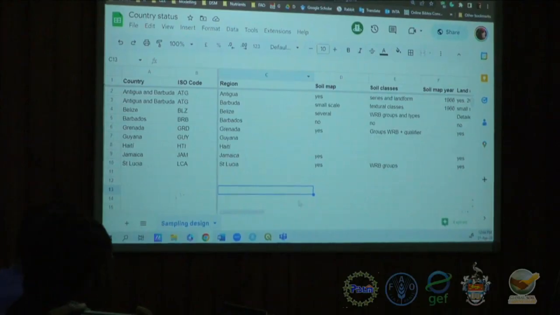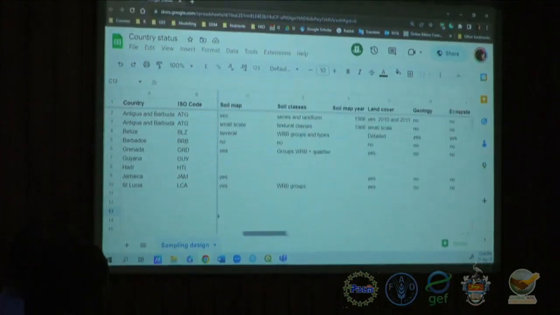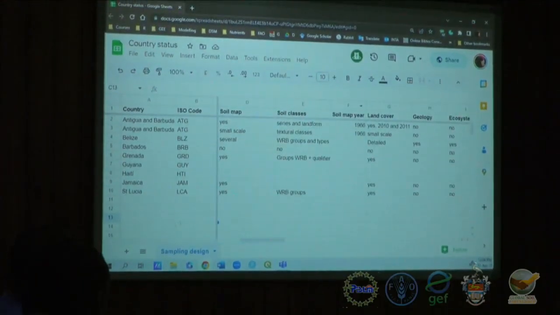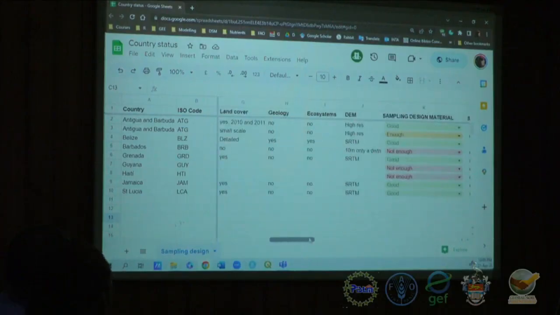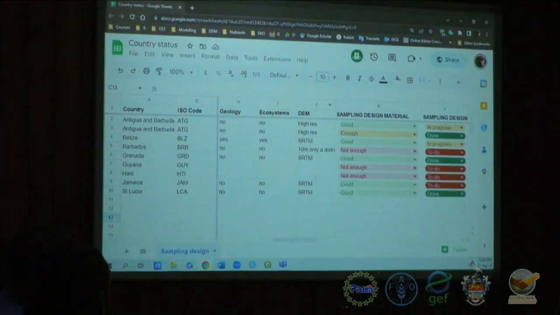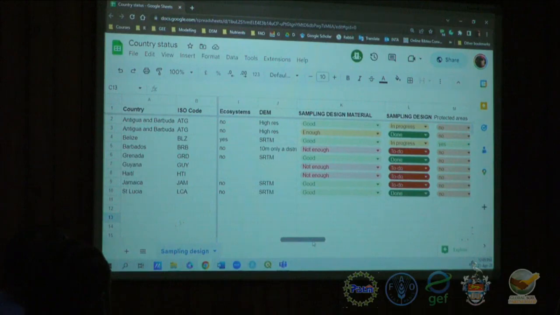What we did is to use the soil maps, with the classes of the WRB or the USDA classes of the soil taxonomy, and the land cover. We didn't use the DEM, but it could be used as well. Basically, here we have if the information that we have in the share folder is enough to